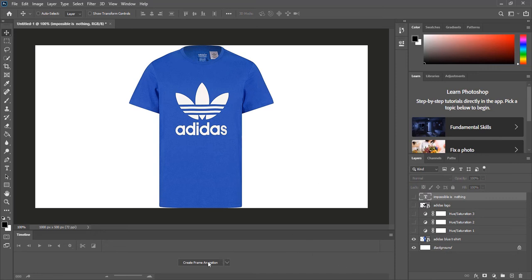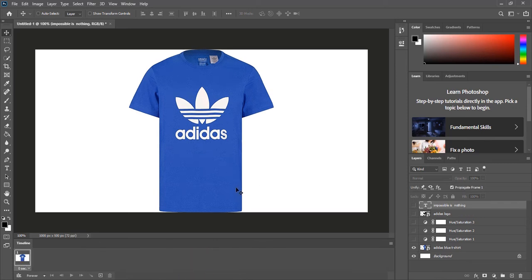So let's go to our timeline and make sure we have frame animation here. If you have video timeline, then you choose again frame animation and click on it. So right now we have our first frame. Okay, let me create the second frame. Click on this icon, and what I want to do is have my t-shirt come from the outside to the middle. So I will go to the first frame,